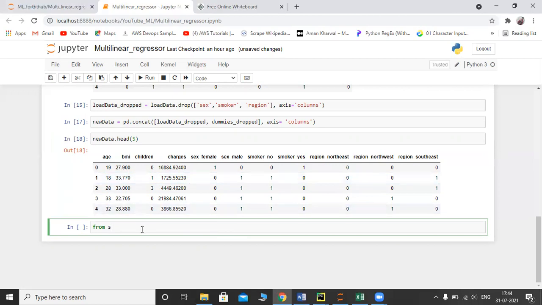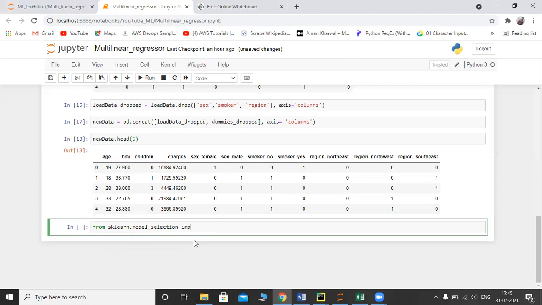So for that we need to import from sklearn.model_selection, we are going to import train_test_split. Why is it not coming?